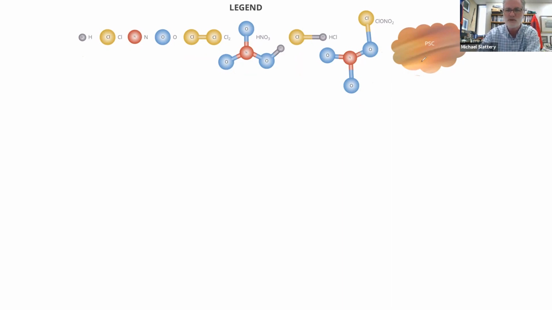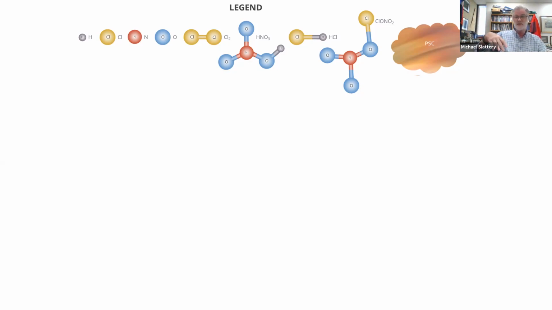And here's a part of a polar stratospheric cloud. So let me put this in motion, and I'm going to click through it slowly. So here's what's happened. We've emitted CFCs into the atmosphere. The CFCs are broken down, right? We've talked about that. Some of the chlorine goes and destroys ozone very minimally. Most of it gets tied up in hydrogen chloride and chlorine nitrate, the reservoir gases, and those gases are transported to the poles and swirl around in the vortex, okay? So they're swirling around in the vortex, and that's occurring in January, February, March. They're happy, nothing going on, okay?